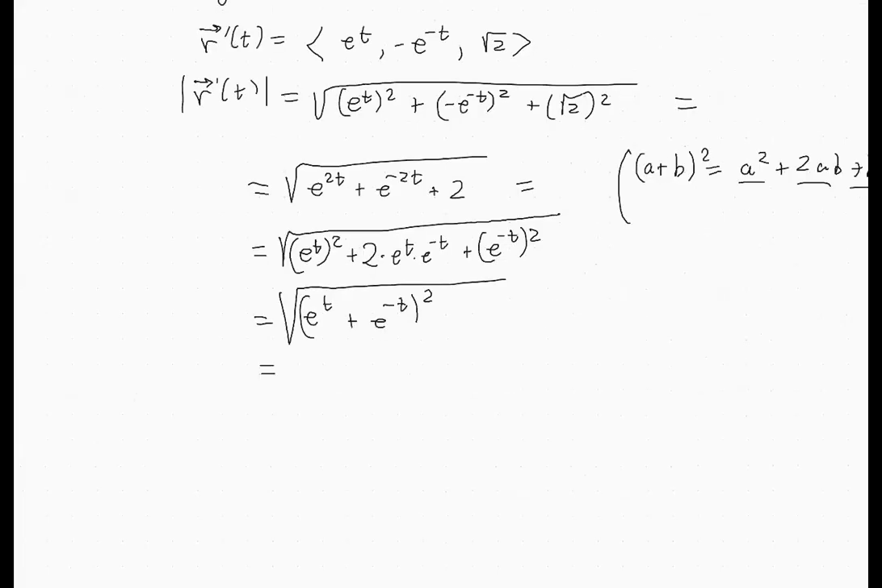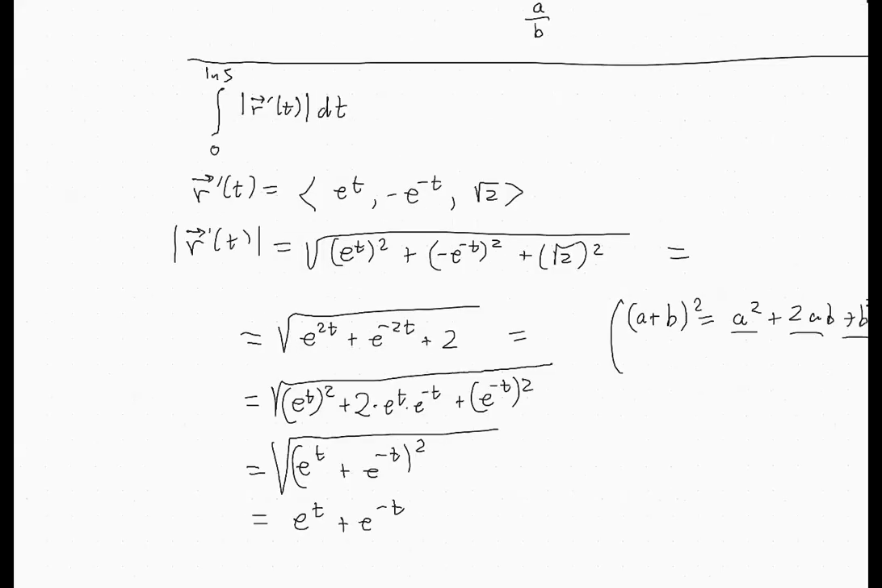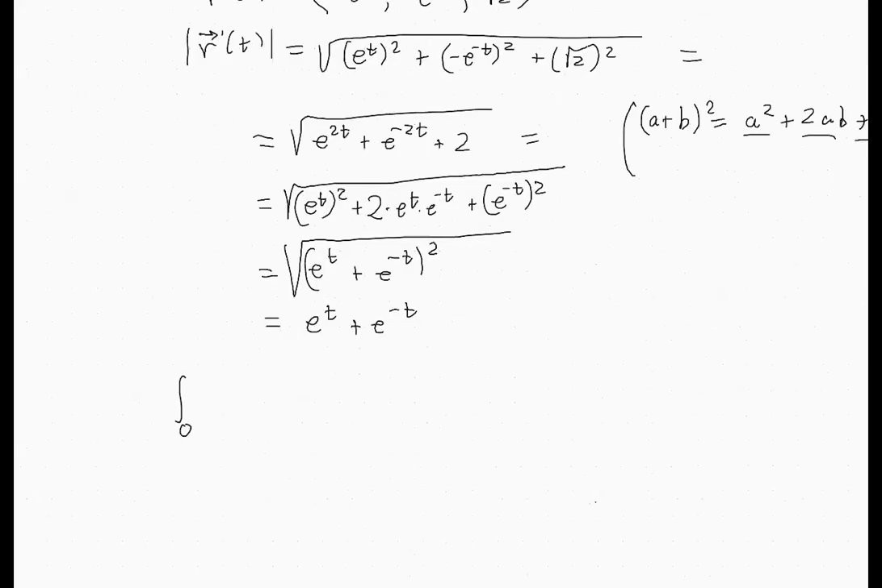simplification. So this becomes e to the t plus e to the negative t. And now you just need to integrate from 0 to ln of 5 e to the t plus e to the negative t dt, which will give you e to the t minus e to the negative t. That's the antiderivative from 0 to ln of 5, which is e to the ln of 5 minus e to the negative ln 5